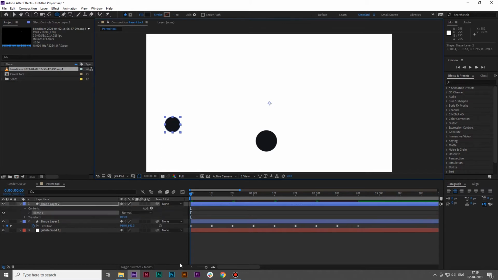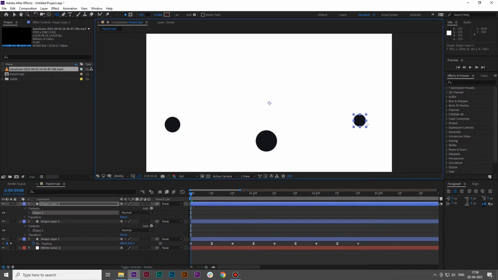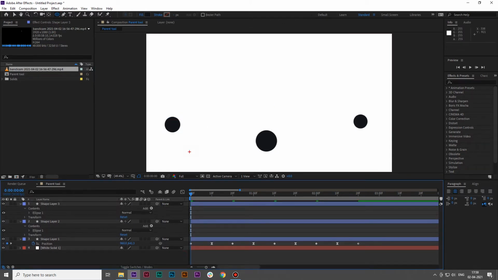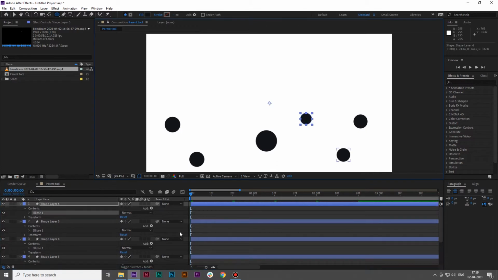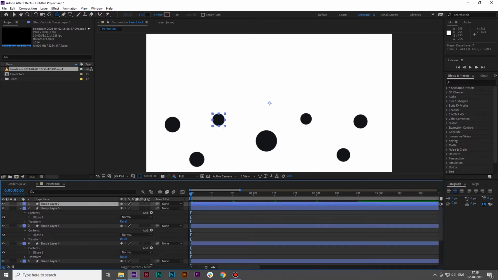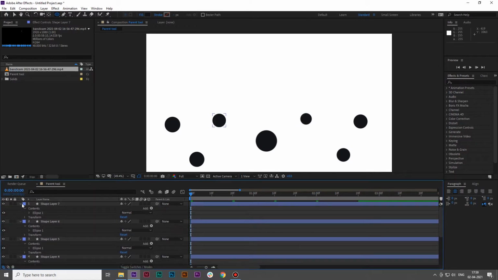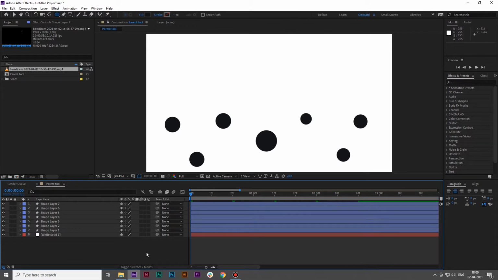So let's make multiple balls. Now we have made multiple balls. What if we want to give the same position to all these balls as the center one?